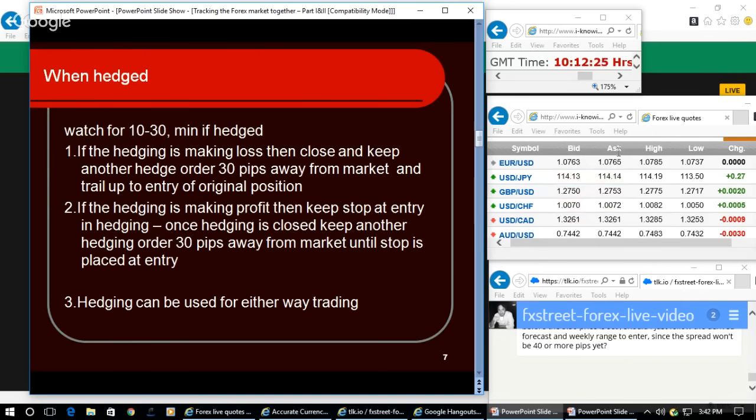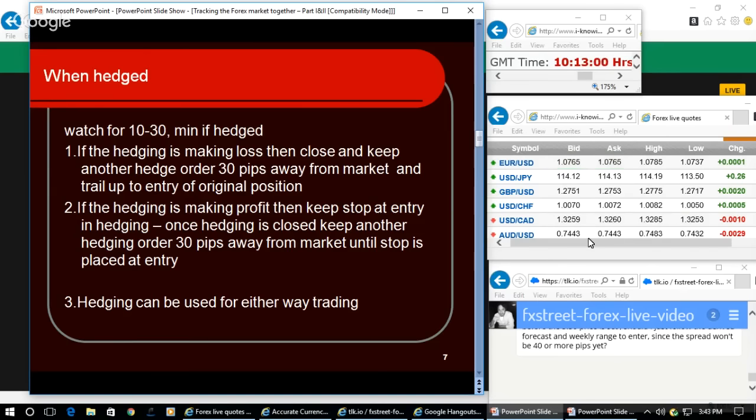Keep the stop at entry on the buy hedge order. Let the market reverse and hit the buy position. Then when it comes down, you can book profit on the sell side. Or you can book profit on the buy side and keep another hedge order 30 pips above. When the market comes down, close the sell position with a minimal loss. Otherwise, take another sell position at a higher level. When the market comes down, close both sell positions below their average.